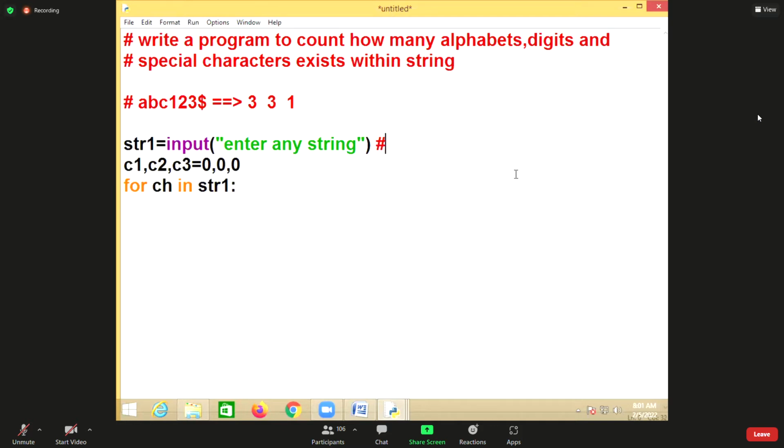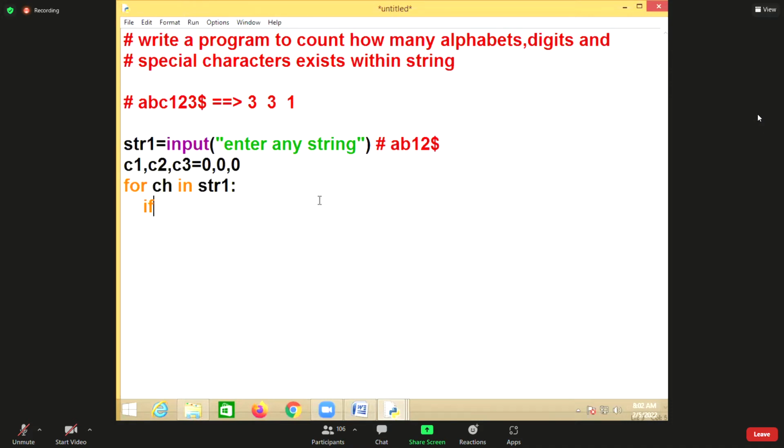For example, the string is ABC12$. What is the first character in the string? A. So this A is assigned to the variable ch.